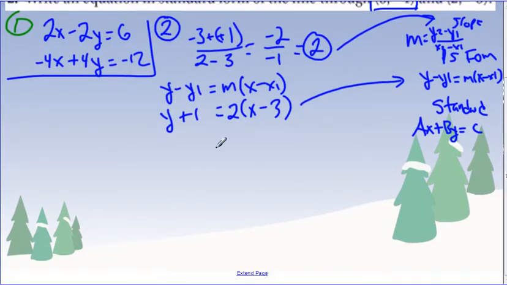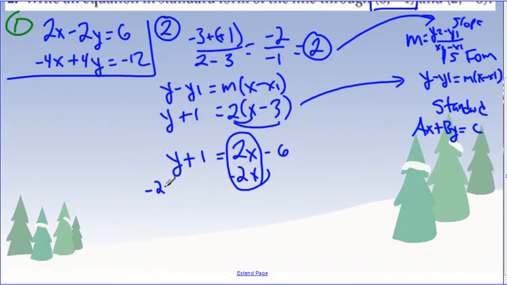So I'm going to get rid of my parentheses by distributing. I'll draw my rainbows underneath. I get 2x minus 6 equals y plus 1. I need to get my x's and y's on the left-hand side, so I'm going to subtract 2x to get rid of the plus 2x. Minus 2x. That gives me a negative 2x plus a y plus a 1 equals, these are gone, a negative